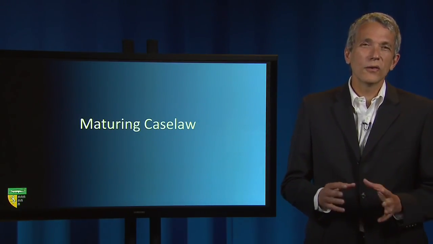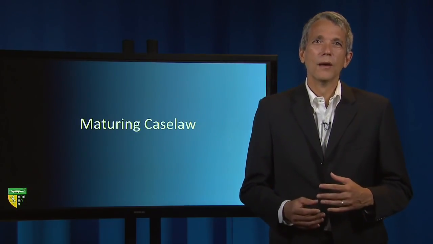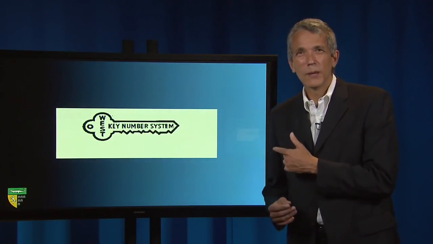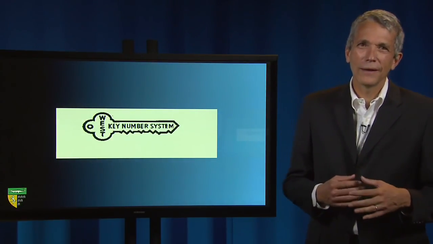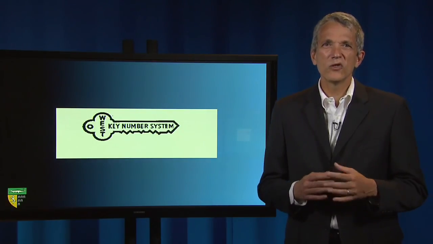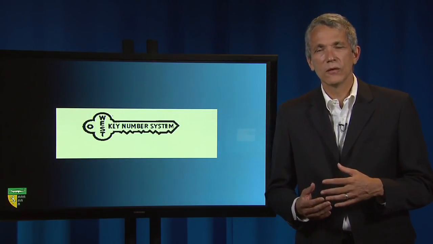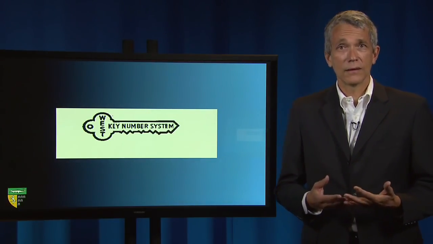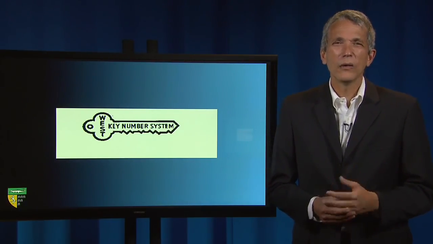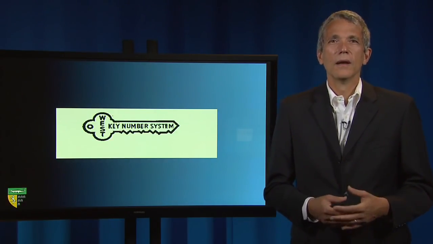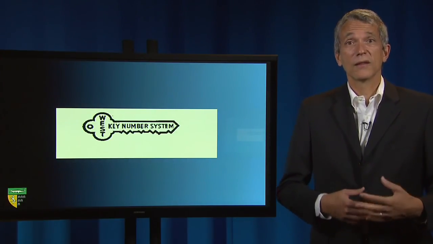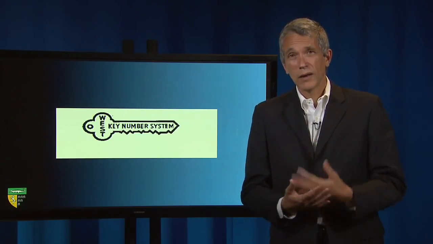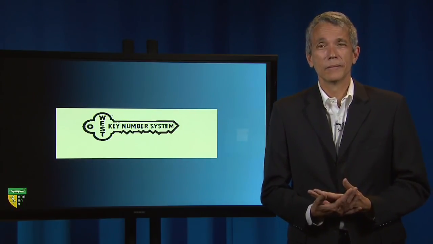Suddenly, there were hundreds of cases explicitly grappling with what was the appropriate standard of review. The West key number system, which you'll learn catalogs under different key numbers which cases address which specific issues, suddenly saw an explosion in the number of cases discussing the standard of review. Now, nearly all the circuits have adopted the practice, and appellate litigants explicitly brief the standard of review that should be applied to each issue in each appeal.